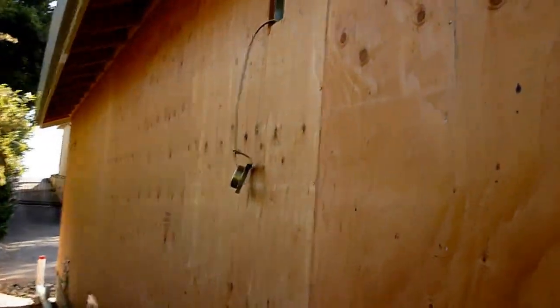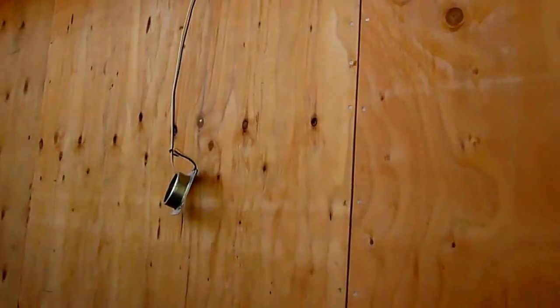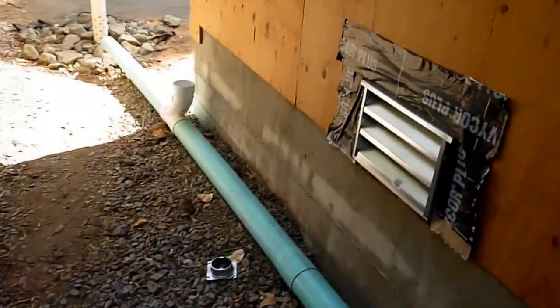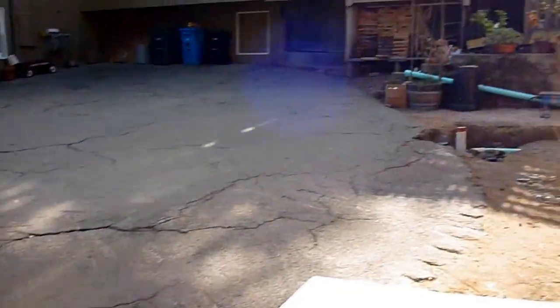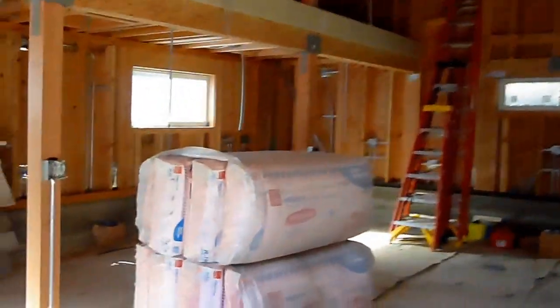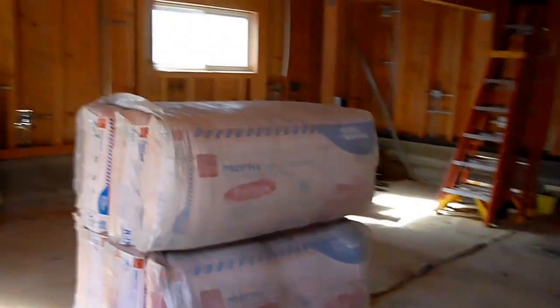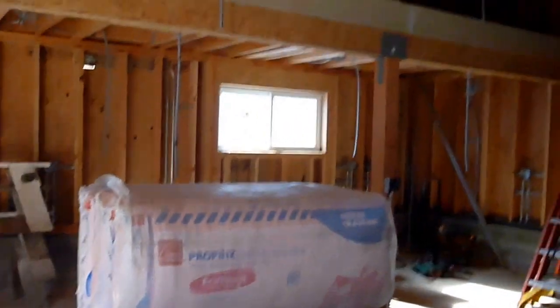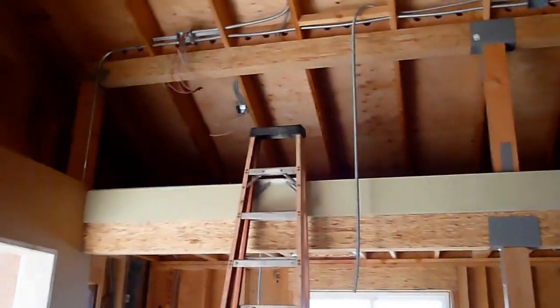Going down this side, you see one of the rings is hanging here. Just haven't put it on yet, on that outlet. This one's too high, so it's laying there. You see I got insulation waiting for me here. Waiting for me meaning you don't put it up until after your wiring's done and inspected, typically. You can see up here,